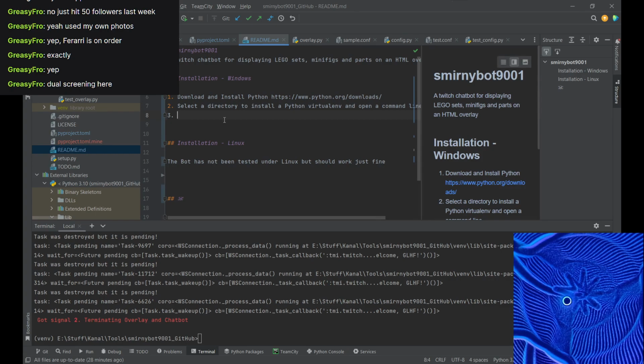So I'll just simply write down the instructions here and then I will walk through it to see what happens.